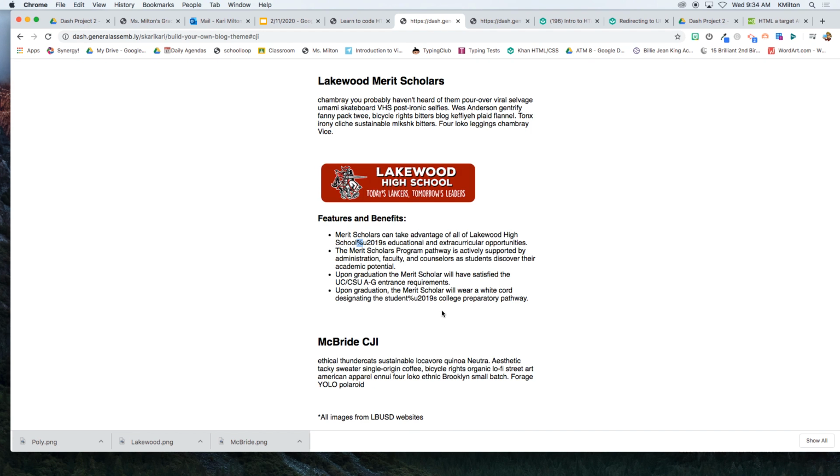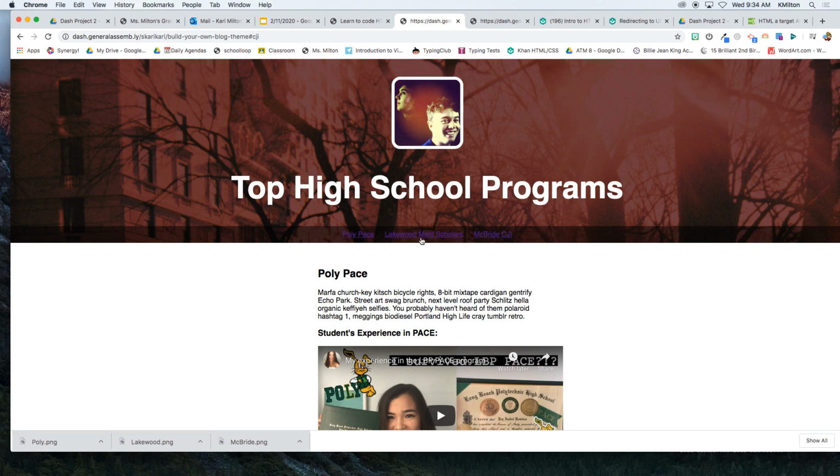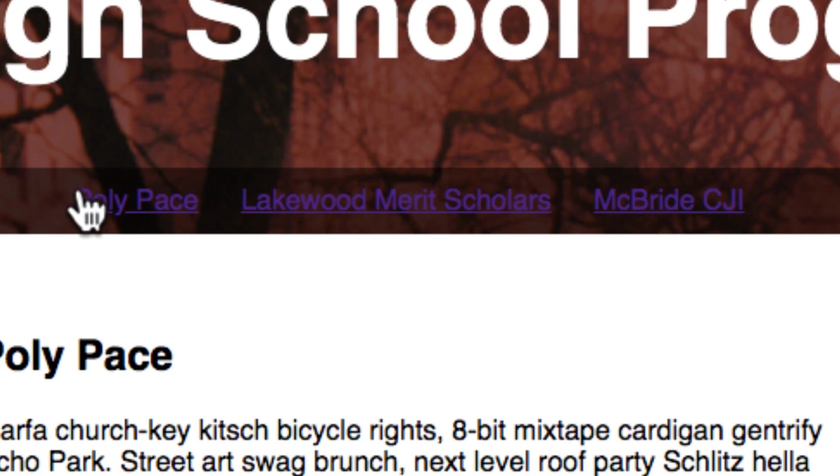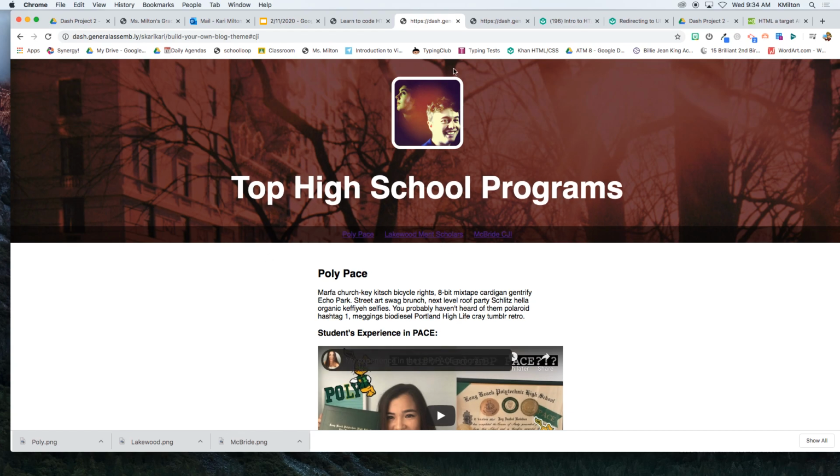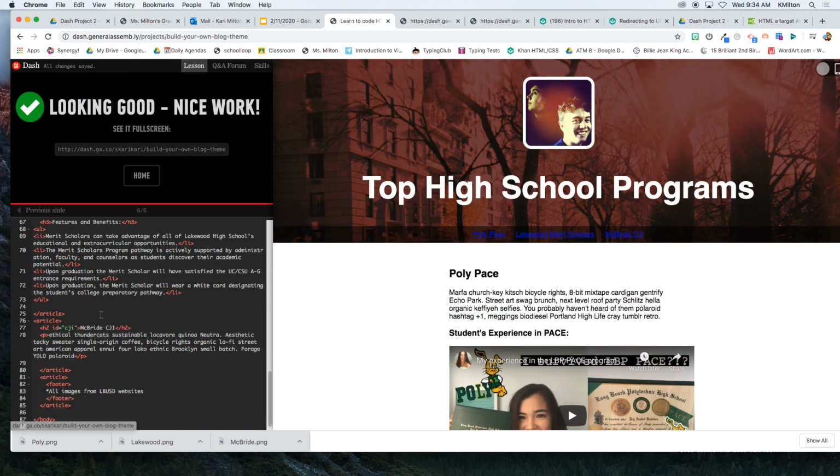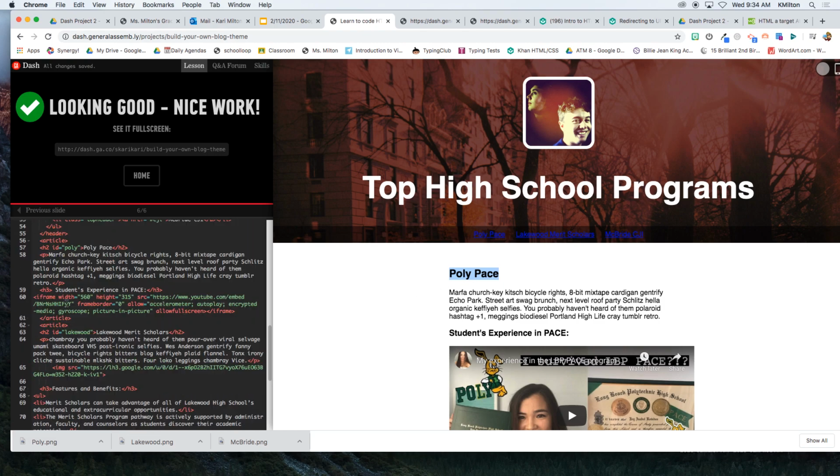Okay, so now you know how to do internal links. Now you've already learned external links. So I do want to go over that, and we'll change this color to white soon. All right, back to my project. So internal links are ones that just go into the page. External links I also need to have. So right here where it says PolyPaste, I could make that an external link. Or I could just put a link somewhere else in it. It's really up to you where you want to make your external link. I'll just put it on the right there on the